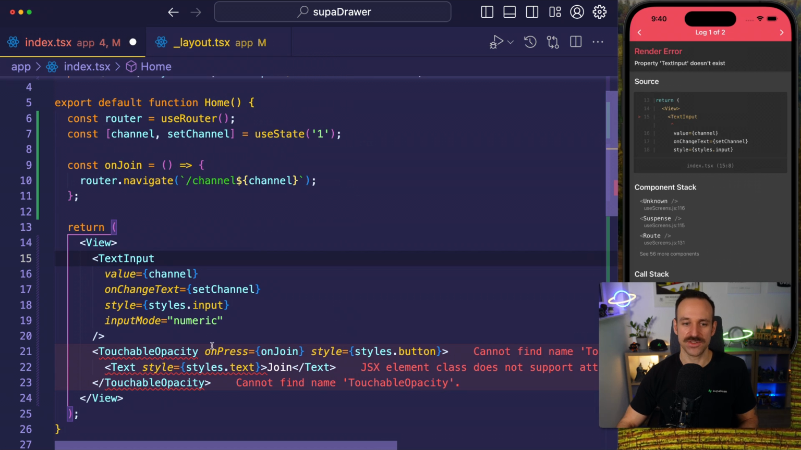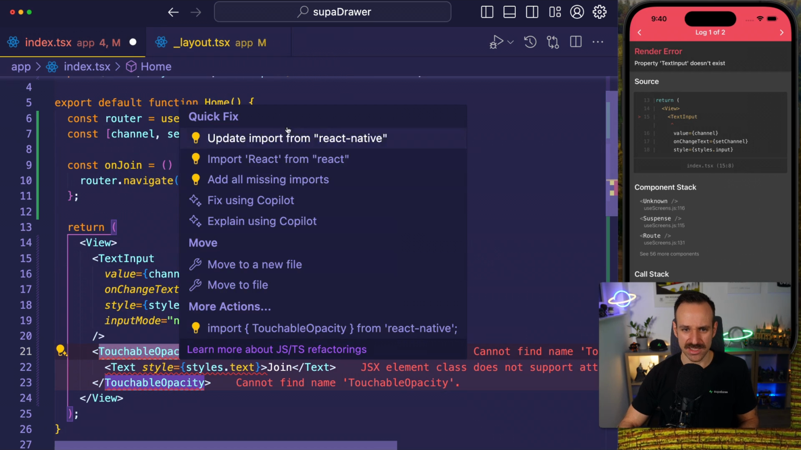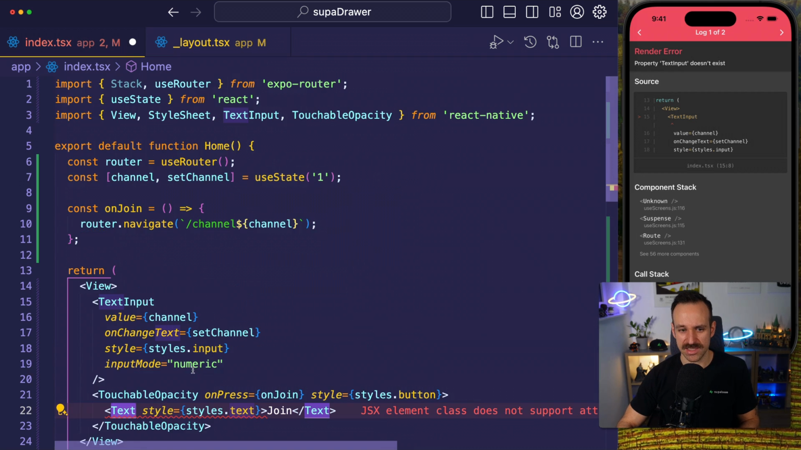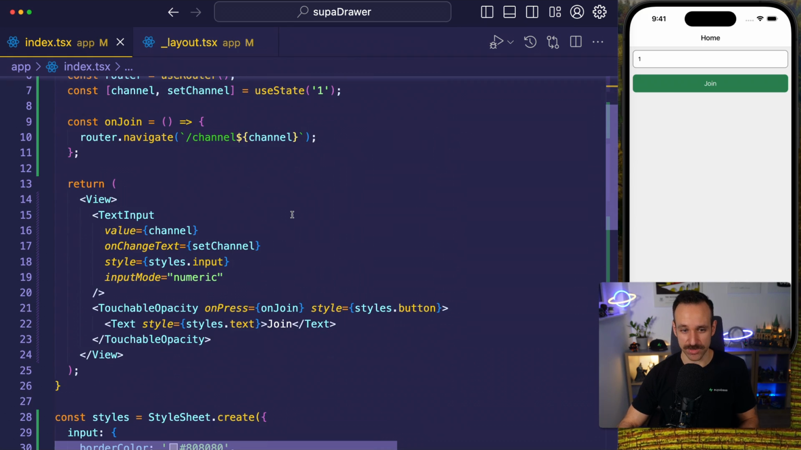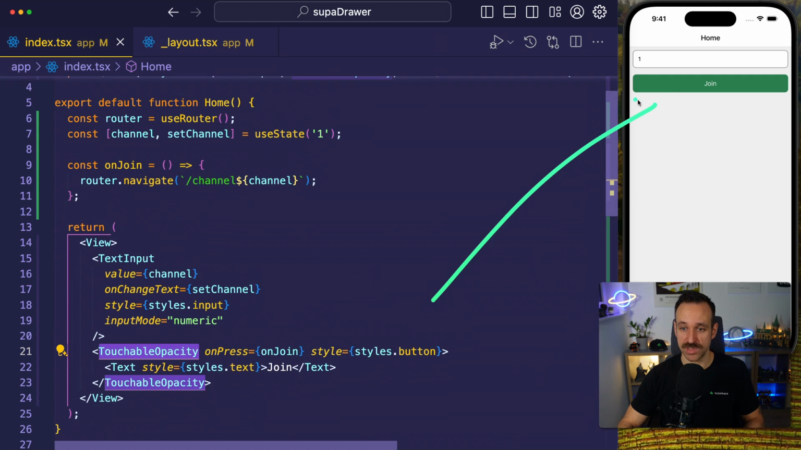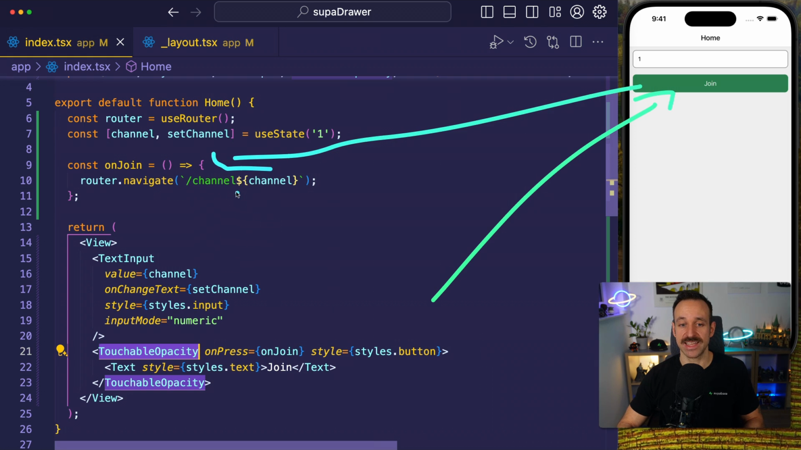And I know you're screaming, Simon, why are you bringing all this in? This is way too fast. Yeah, I understand, but I don't want to make this about creating a React Native text input and styling a touchable opacity. I really want to focus on the aspect of Skia and real time with Supabase. So here we go. This is just a text input which is connected to our channel state. And once I press the touchable opacity here, it will call on join and bring me to /channel/channel